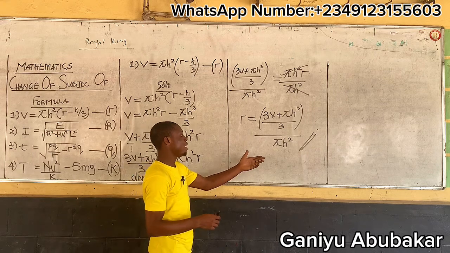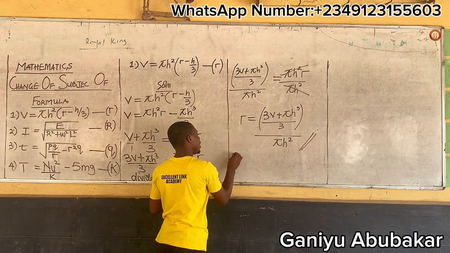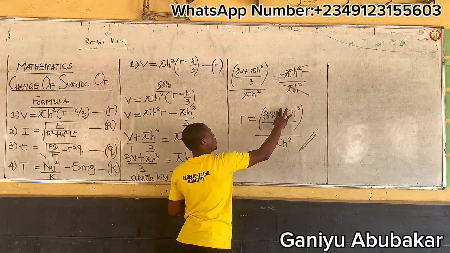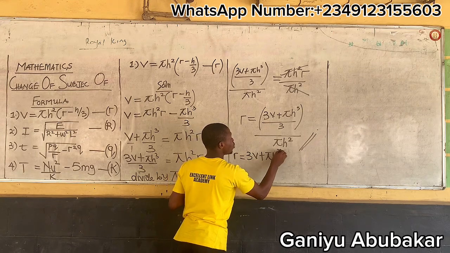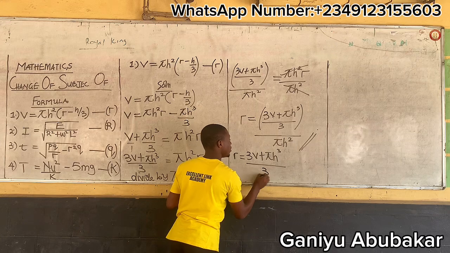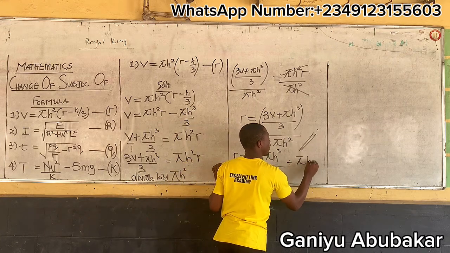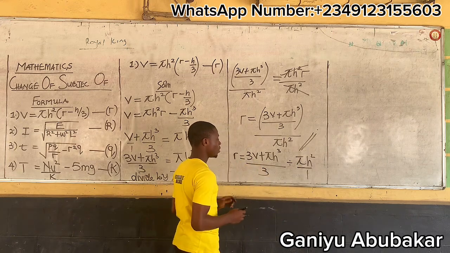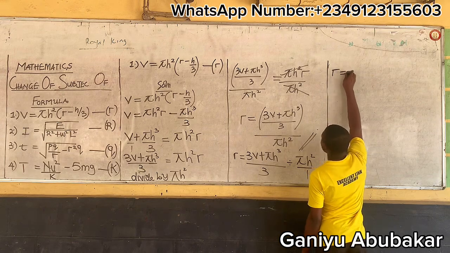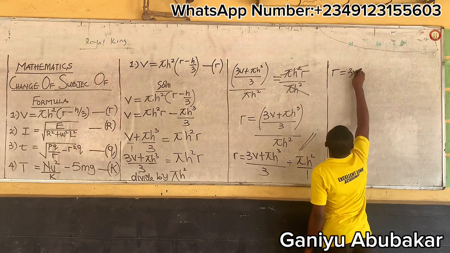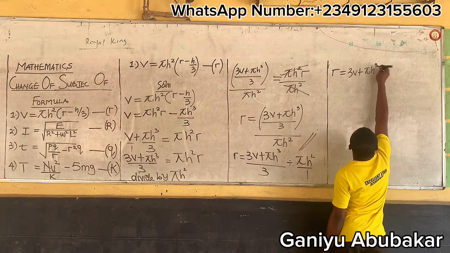Perhaps if I want to, I can break this down. This r will be equal to the numerator, 3V plus pi h cubed over 3. This line signifies division by pi h squared over 1. So r is equal to 3V plus pi h cubed over 3,